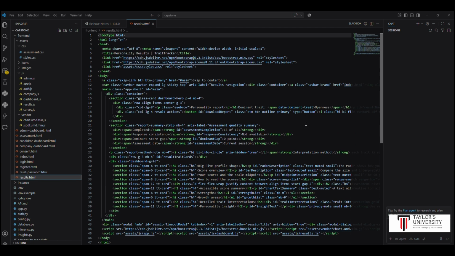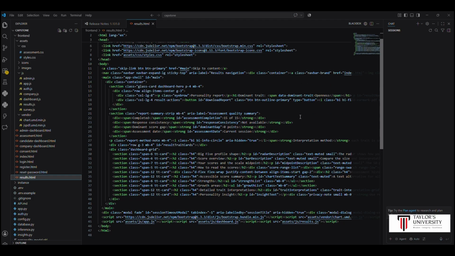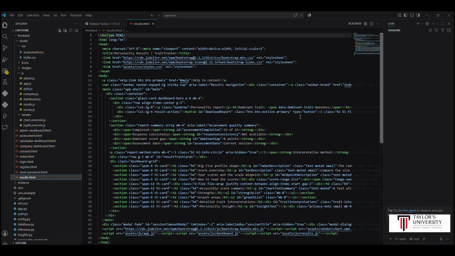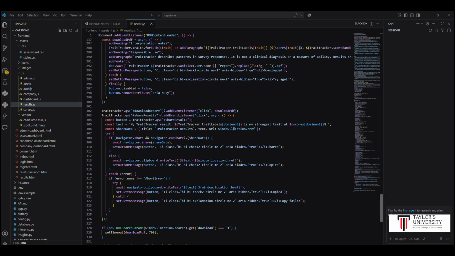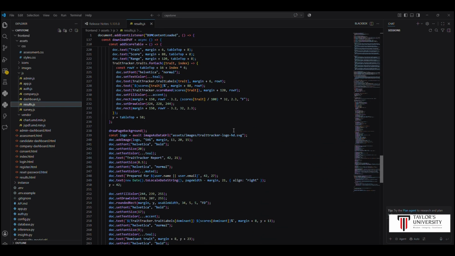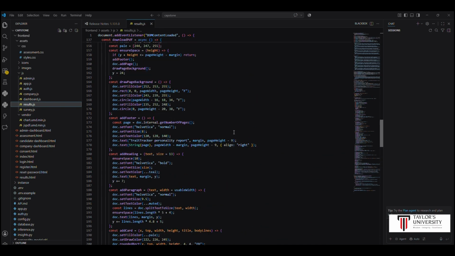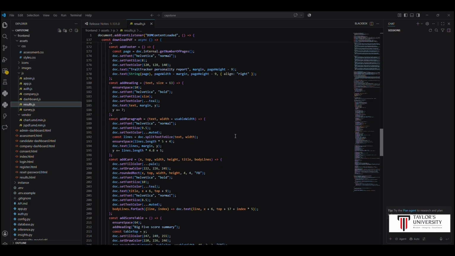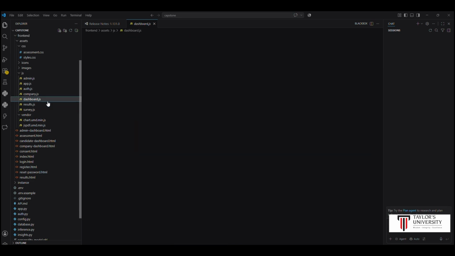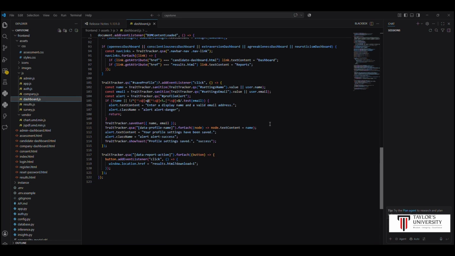Once the backend predicts the user's Big 5 personality traits, the front end automatically receives those predictions and displays them using personality scorecards, interactive charts, and a result summary. This makes it much easier for users to understand their strengths across the 5 personality dimensions instead of viewing only numerical values. The system also includes a report download feature allowing users to save their personality assessment results for future